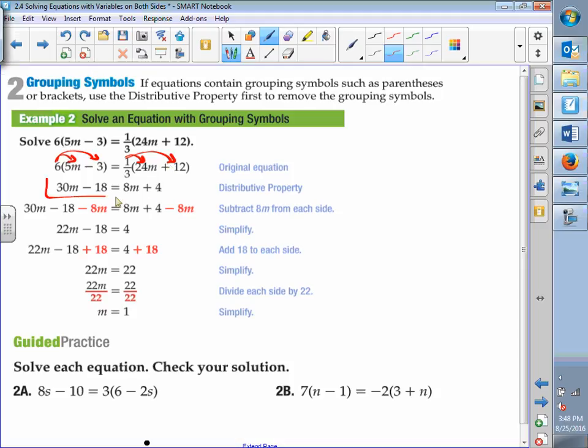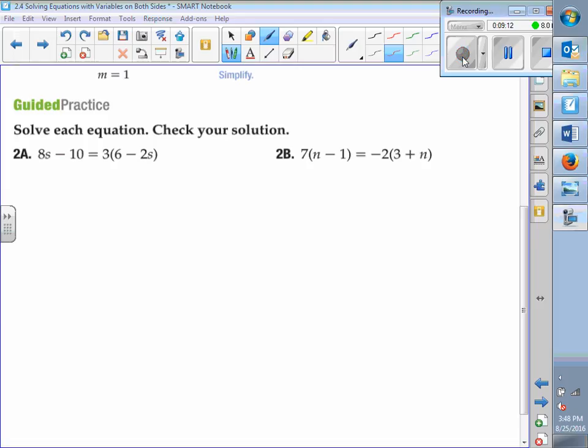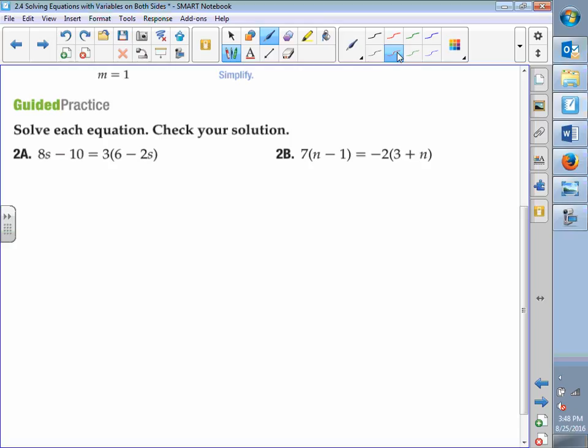So then you end up with this equation that the distributive property gave you. And now you just follow the steps as we did previously. Just use your inverse operations. Okay? So let's do one together. So for example 2a, the first thing we're going to do is we're going to use our distributive property to get rid of our grouping symbols. So when we do that, use our distributive property,